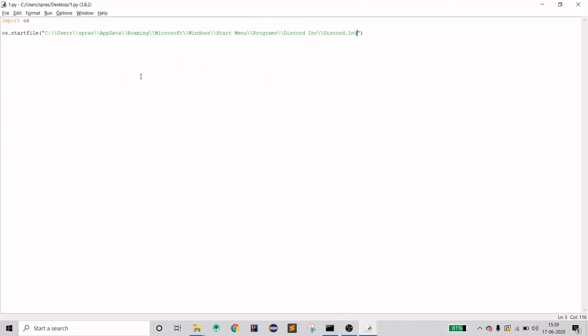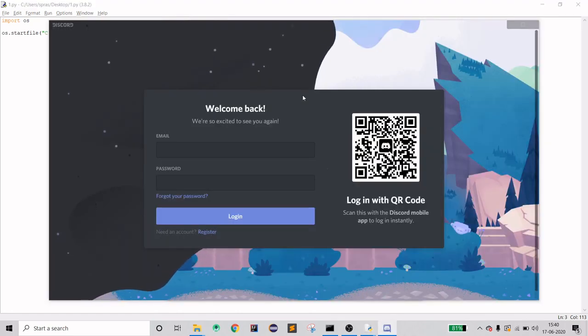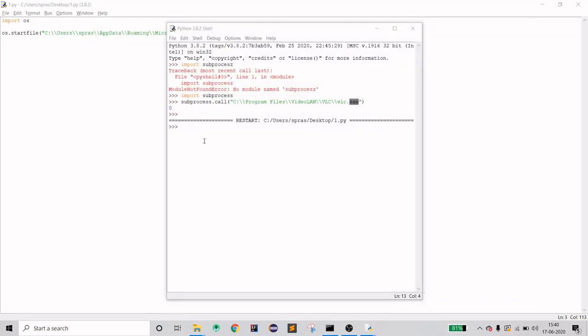If you see, I am using startfile because this link is not actually a process or an executable. It is actually a file having a batch command to run an executable. So if I run it, you can see that Discord got opened, and there are many applications like Discord.